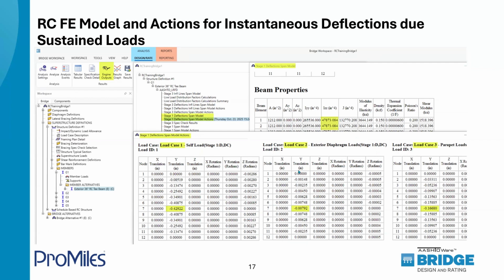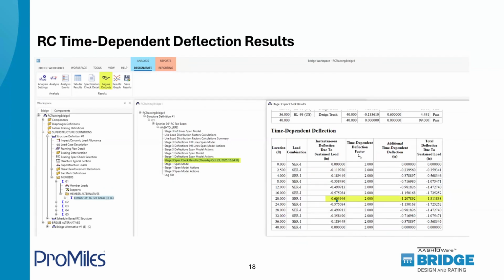There are 3 load cases there. When we sum up these 3 numbers, they will add up to this 0.6. Then we have the 2.0, which is the lambda D factor. We multiply it, we get 1.2. And then if we add that 1.2 with 0.6, that's the total time-dependent deflection that's listed here also in the